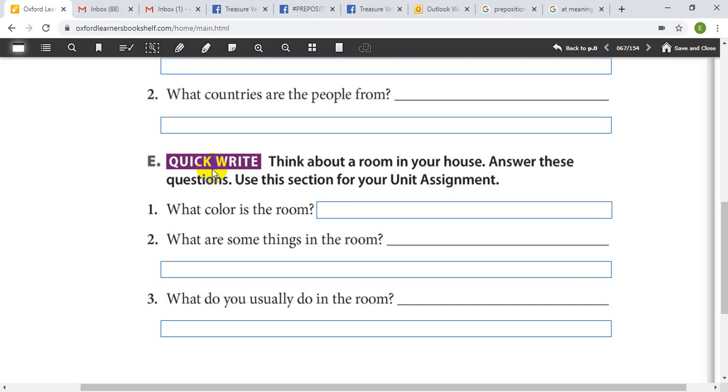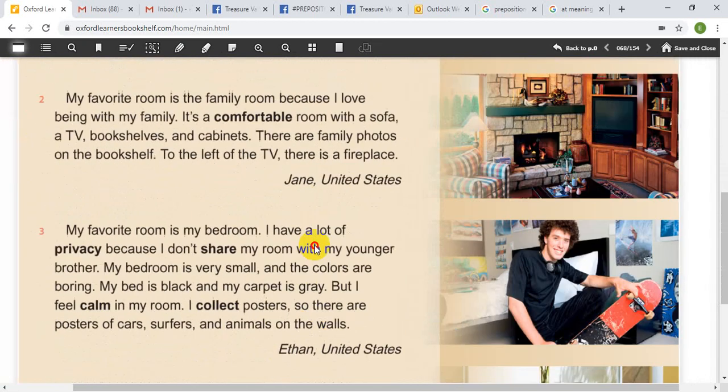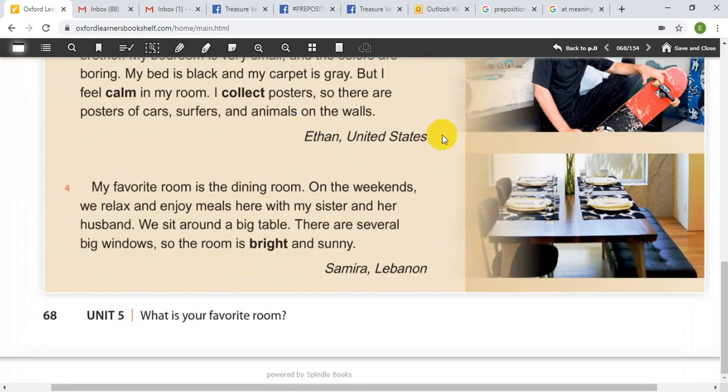It is just for your practice. Okay, so this is a task which you're going to do as homework, and then you're going to show me like you did in the previous unit, and I'm very happy with your answers. Now, page number 68, you're going to read this web page. Okay, go through it, read the whole web page,